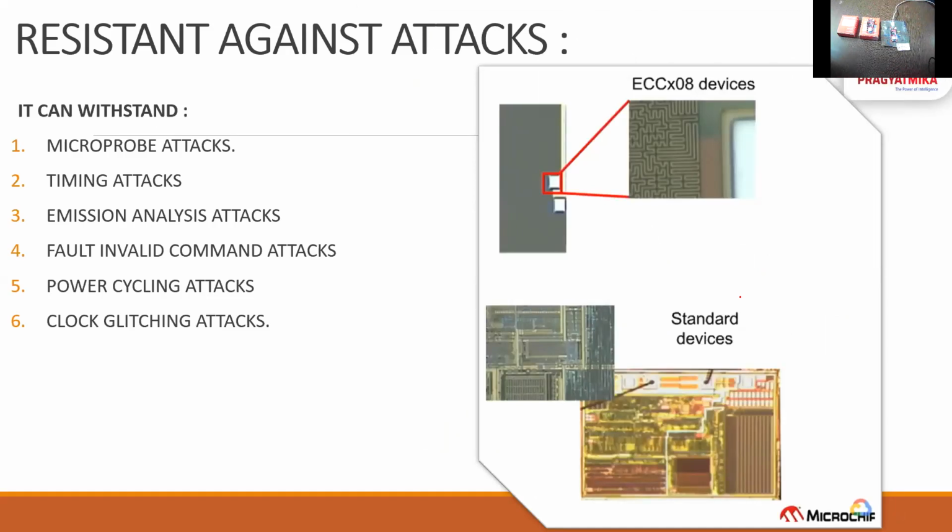It is protected against any kind of hardware attacks, because this is the hardware and it has a secured layer in its casing. So you cannot do micro probing, fault injection attacks, or power cycling attacks. In the hardware security session, we had these discussions on how clock glitching and power cycling work. These are the different kinds of attacks that are possible on the hardware layer. So it can withstand all of them; there is no effect of any such attack on